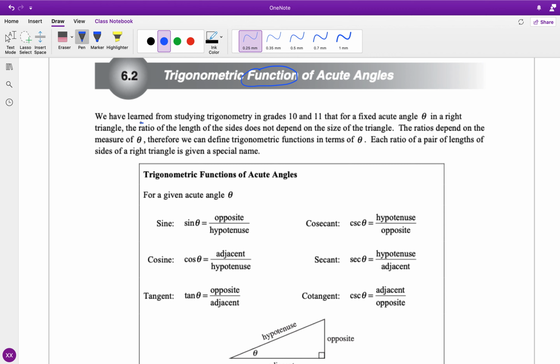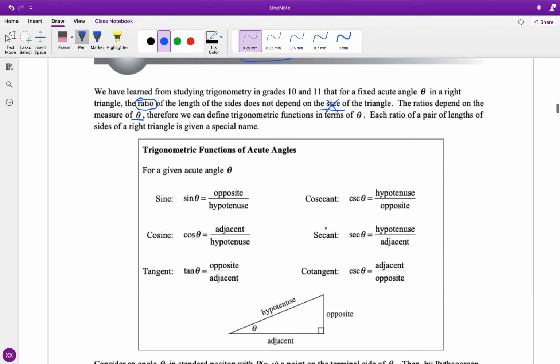Trigonometry is talking about the ratio, okay, the ratio. So the ratio only has to do with the angle. It has nothing to do with the size. There's nothing to do with the size of the triangle. It's only to do with the angle. So now, for example, just using this right triangle to explain, if the angle theta is just a determined size, then the ratio, supposedly you have